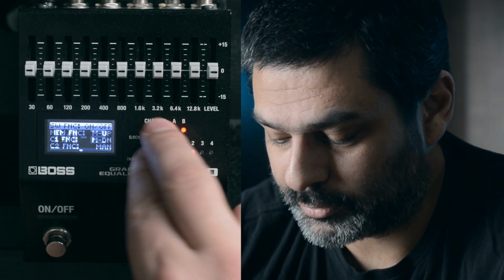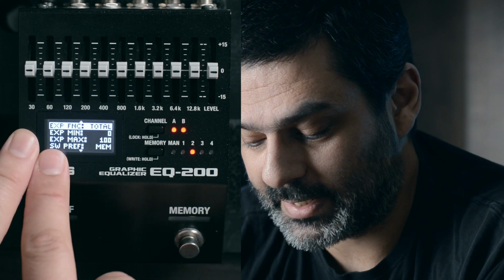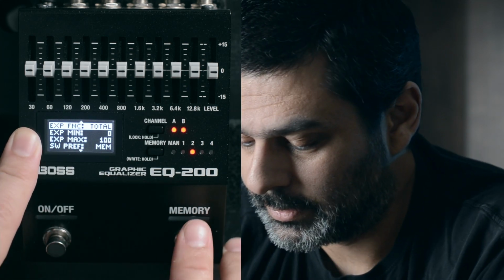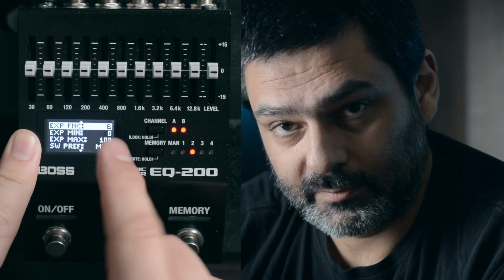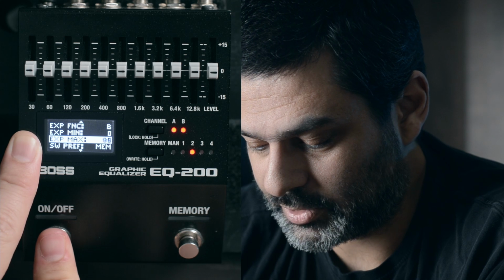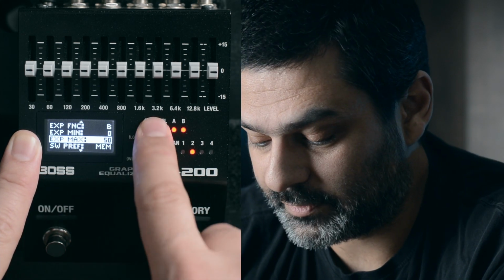But on memory number 2, let's now scroll down, and as you can see, expression function is back to total. We left this at A on memory 1. So let's put this to control channel B, and now let's, just for kicks, tell it that the maximum value on the expression pedal is 50.